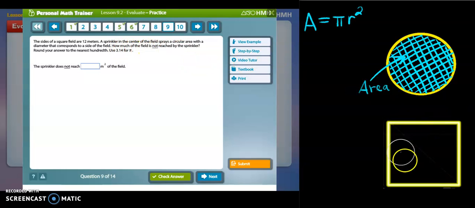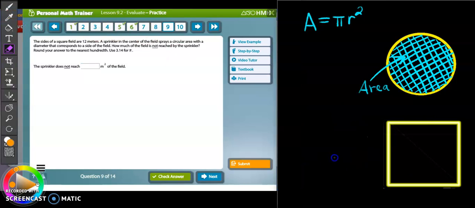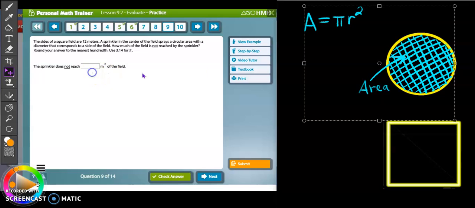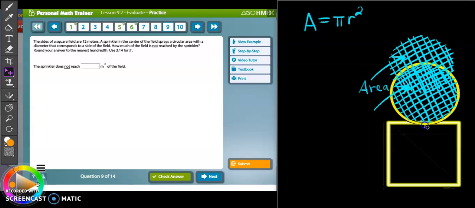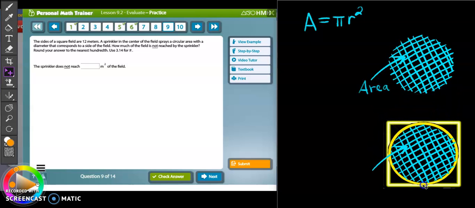Okay, so I kind of had this little square down here for you so you could take a look at this. What we're going to do is take a circle, like this is, pretend all this blue here is like the water. The sprinkler is shooting out in a circular region because it's kind of going around in a circle. And as you can tell, actually, I could probably move this. If I took the circle, there we go. If I took this circle and put it in here,